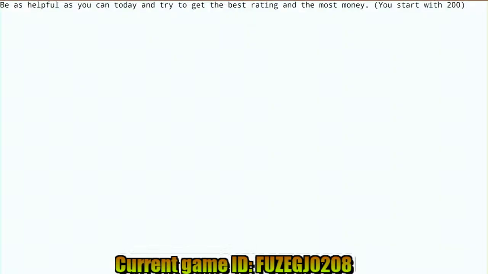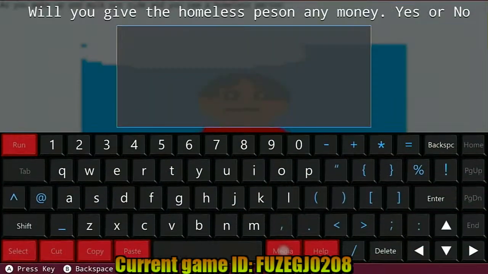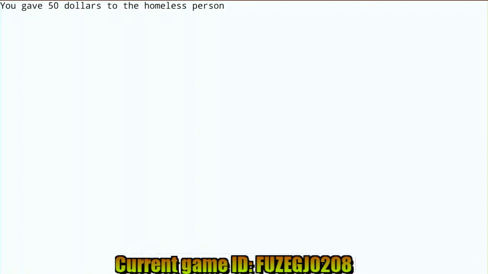I'm going to help the homeless guy this time. Be as helpful as you can, regardless of whether you're breaking the law, and get the most money. So you have to break the law. All right. So the homeless person. Should we help the homeless person this time? Yes. What do you reckon he's going to do? You gave $50. He's going to